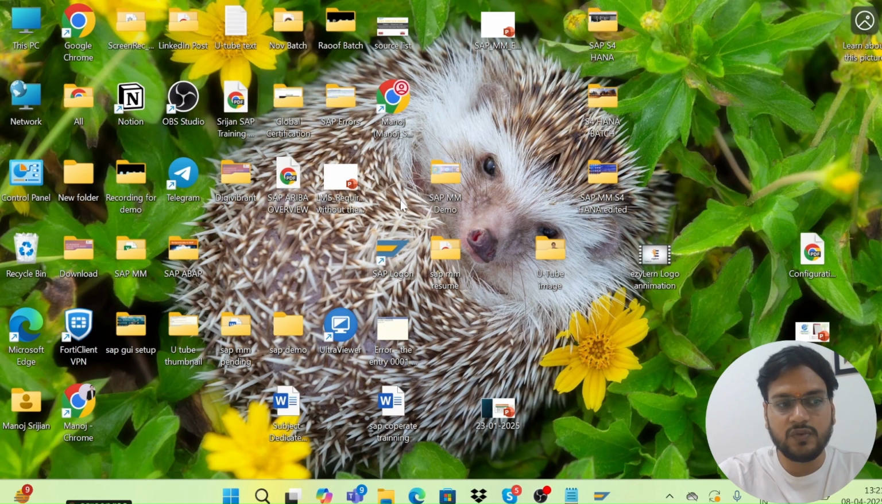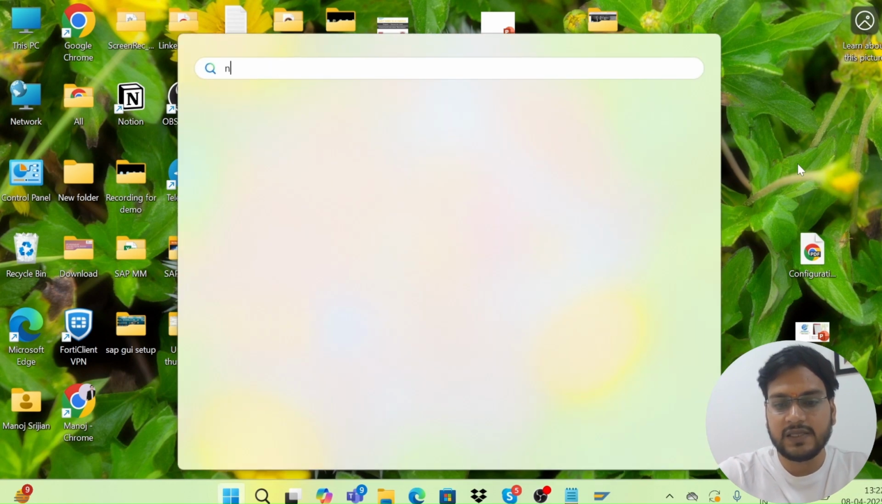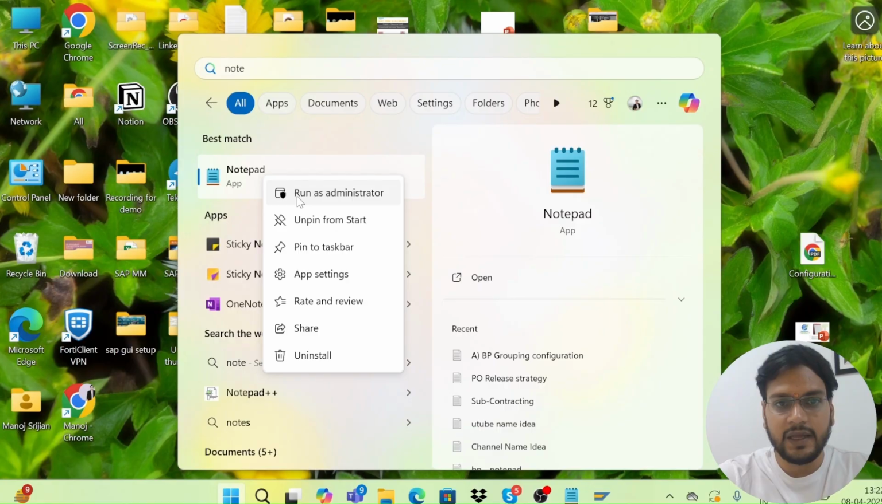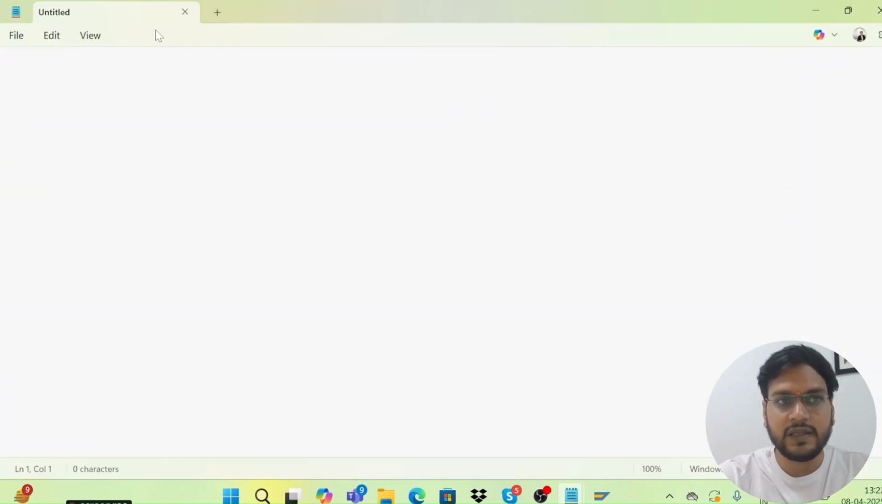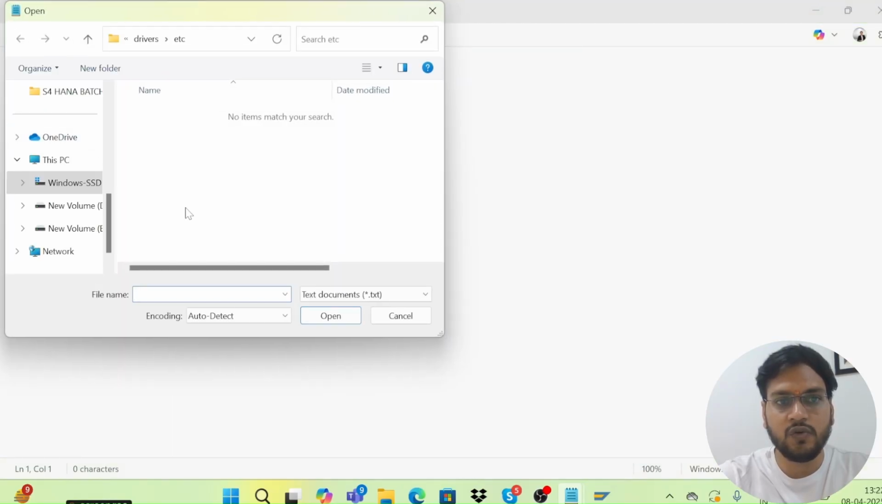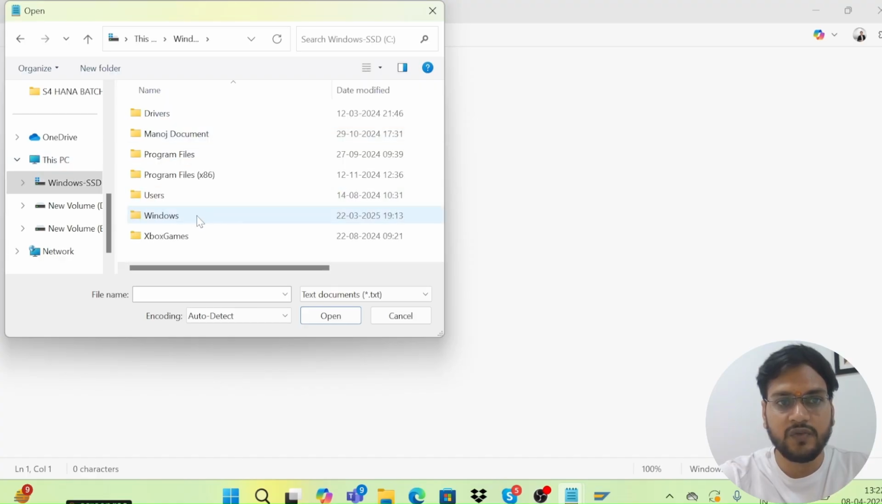So you just need to go to Notepad. Press the Windows key on your keyboard and type Notepad. Once it opens, right click on it and click on Run as administrator. Give the permission, just select Yes from here. Okay, in that you just need to go to File and then to the Open section. Just go to Open, and here go to This PC and go to Windows C from here. Go to Windows,